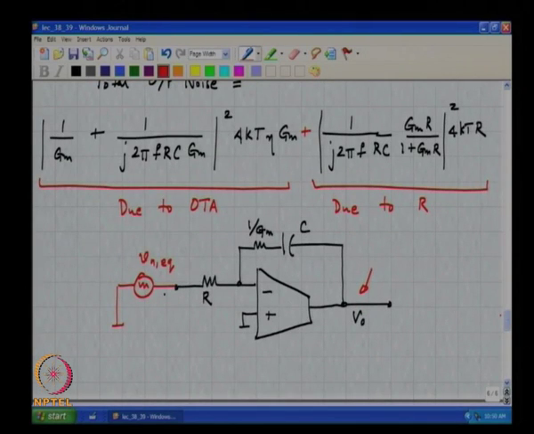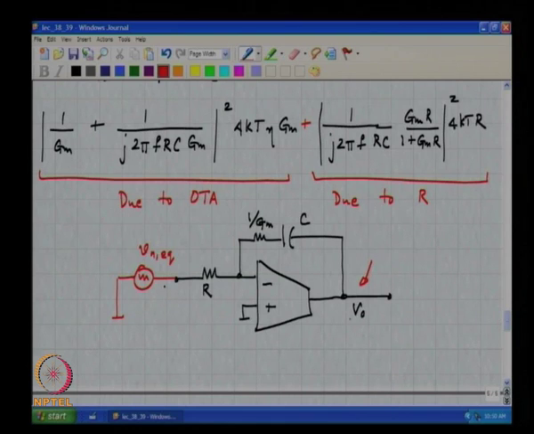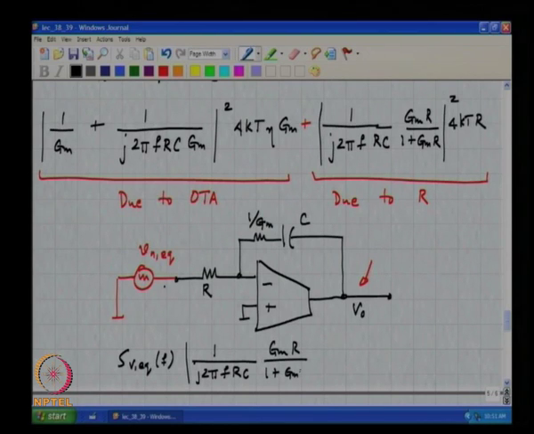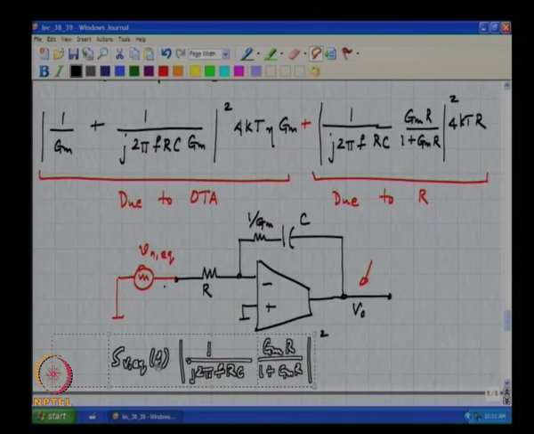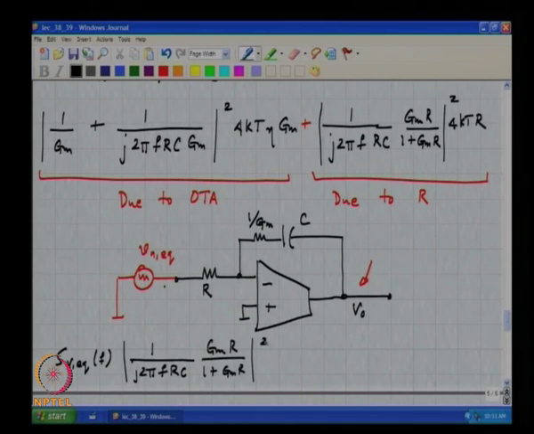All right. So, if one wants to find the strength of the equivalent noise source, all that one needs to do is to observe that the output noise spectrum due to the equivalent noise voltage source we have chosen is simply S V equivalent multiplied by mod h of f the whole square, which is 1 by j 2 pi f r c times g m r by 1 plus g m r the whole square times 4 k t r. I am sorry, this must be equal to this,